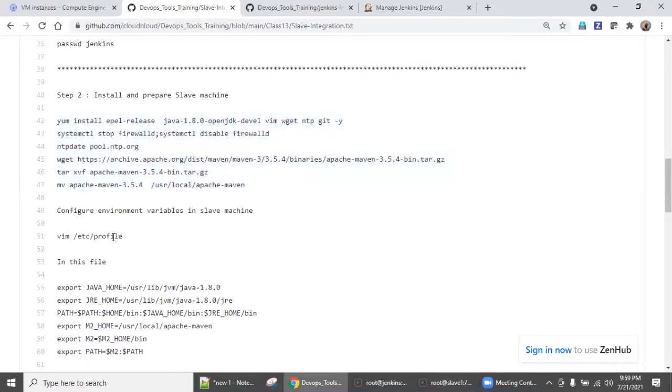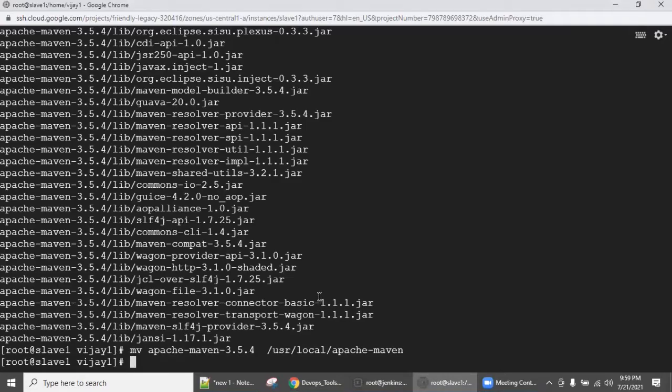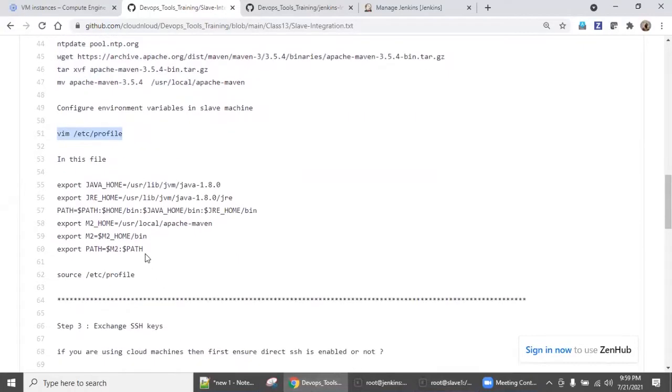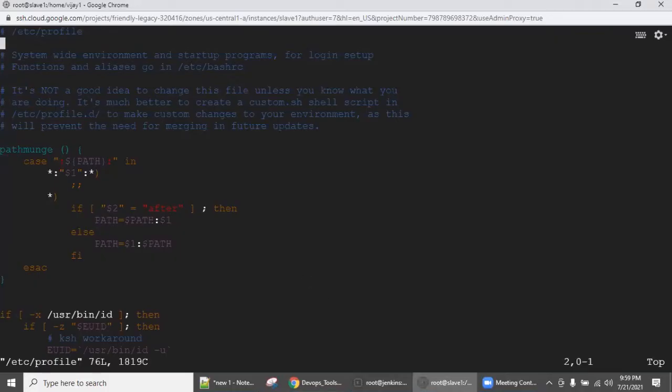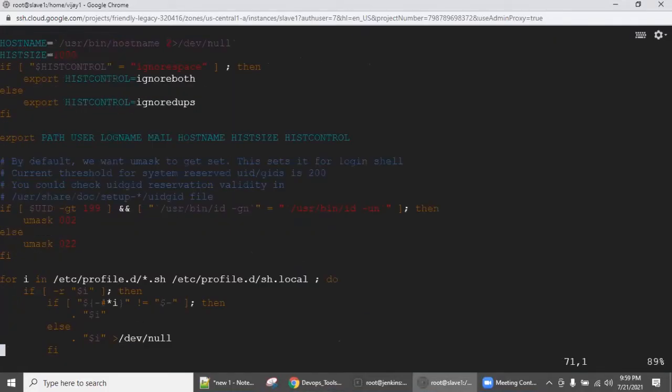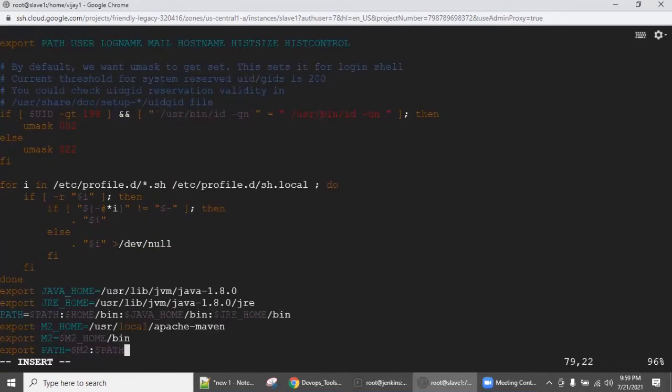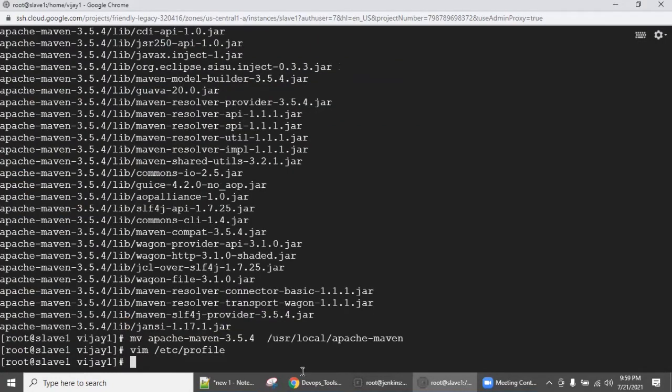So we are going with vim /etc/profile and come down. You need to configure this, because in the slave machine, it is better to configure all environment variables for any user. So better go with /etc/profile, so it will be applicable for everybody.